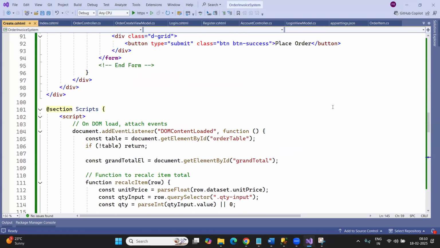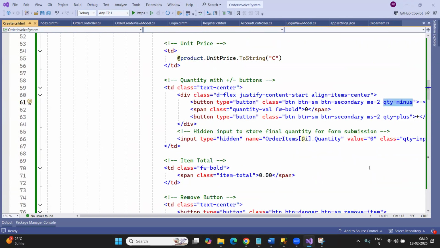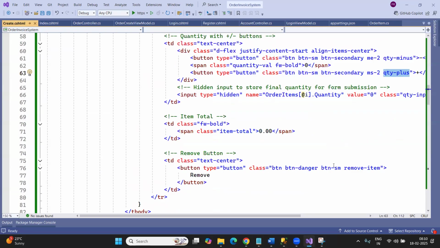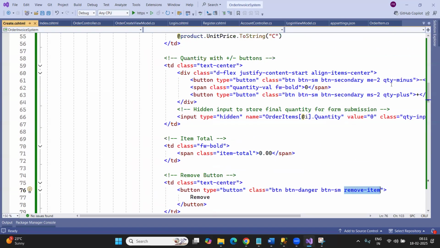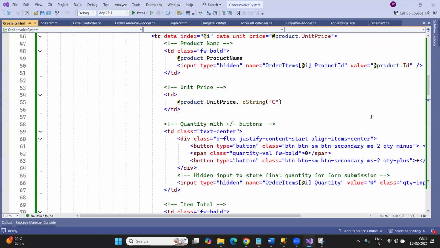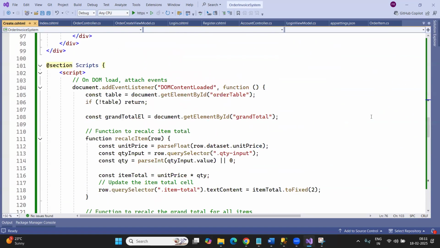In this case, if you look at this button, this button is decorated with the class file quantity minus. In this case, the button is decorated with the class file quantity plus. And in this case, the class file is decorated with the class item, remove item. So based on this class file, we can decide whether the plus button, the minus button, or the remove button is being clicked,